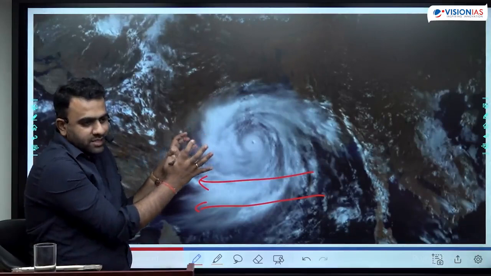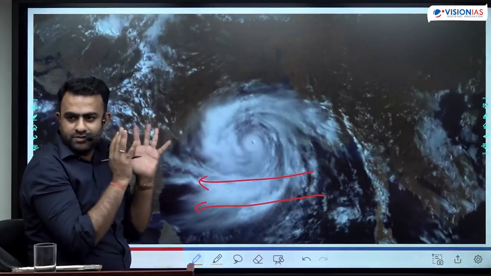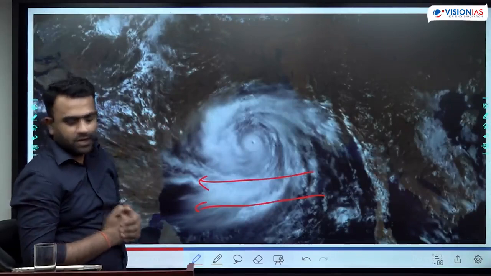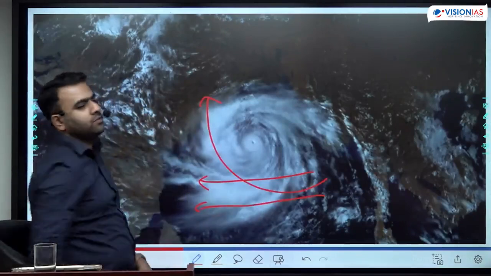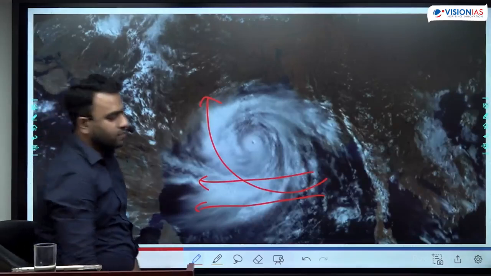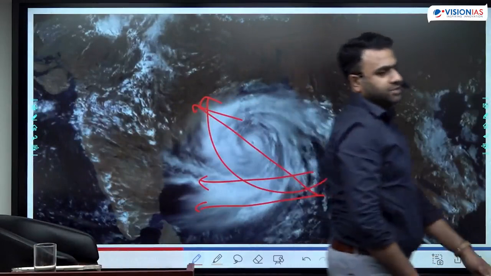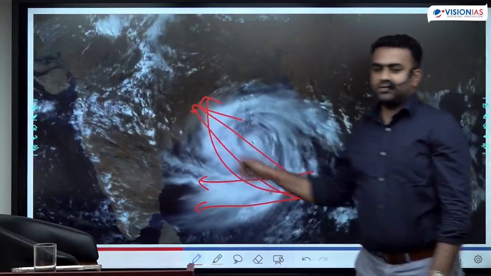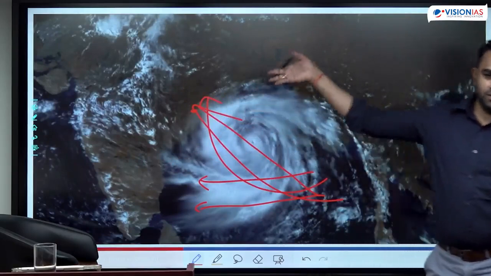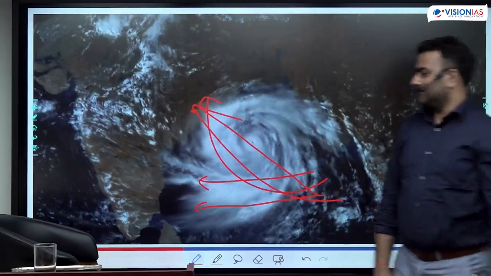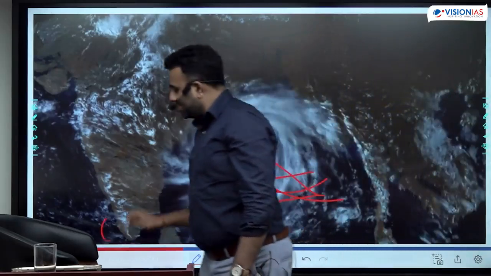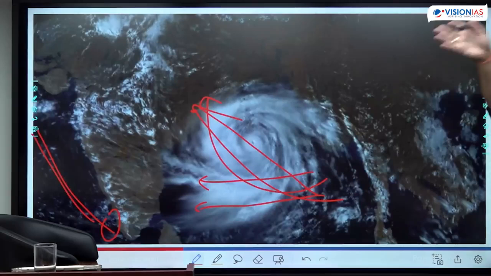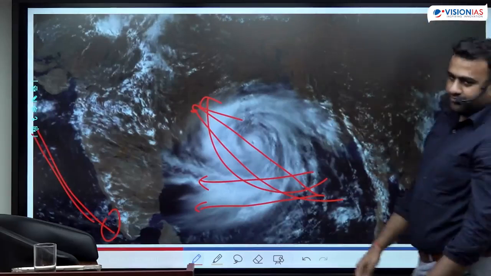Now, try to see this cyclone as a single body which is moving on the surface of Earth. Any big-sized body moving on the surface of Earth experiences Coriolis force. Under the influence of Coriolis force, it gets deflected towards the northwest direction. That is why a cyclone always moves towards the northwest direction. If it is formed here in the Arabian Sea, it goes towards the northwest direction, either northern Andhra Pradesh or Odisha or West Bengal. That is why I asked about the eastern coast. If it is formed somewhere here, it moves towards this direction, moving towards Oman, Yemen, Saudi, UAE or Pakistan.